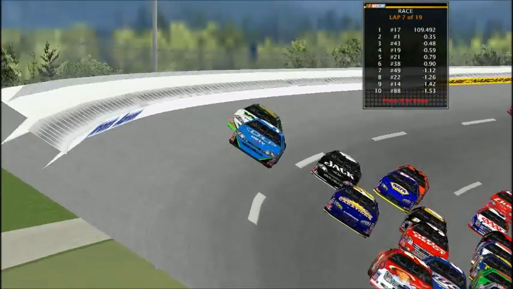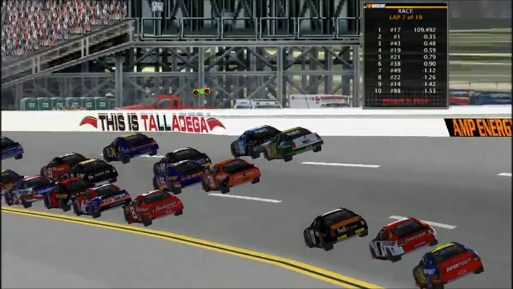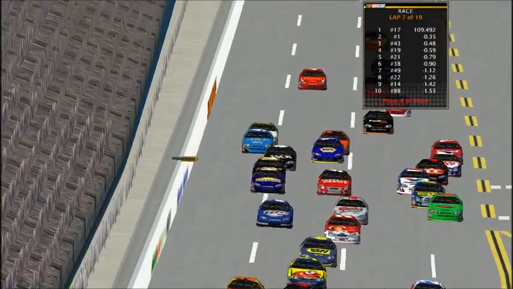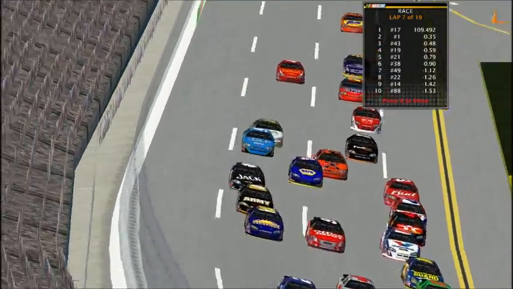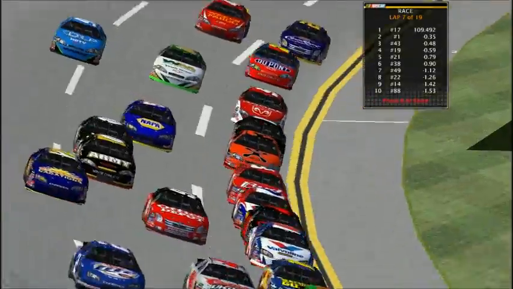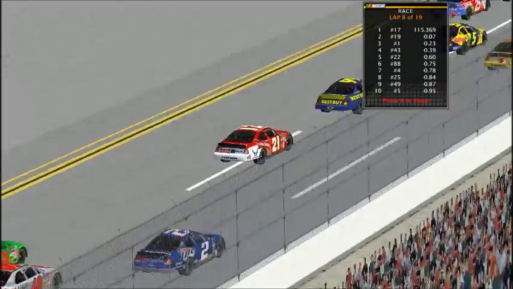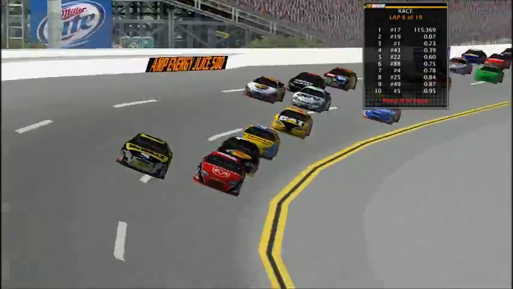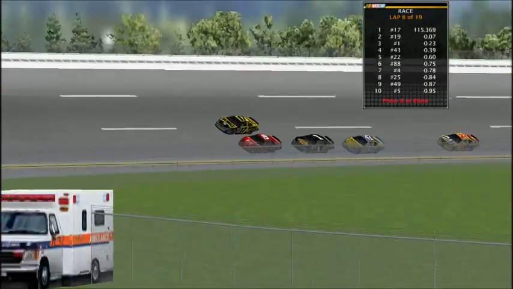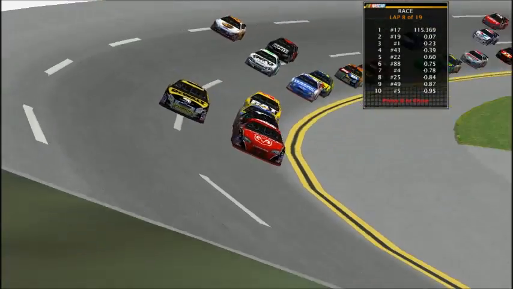Here comes the 07. Ooh, man, I thought he was going to go squeezing through the middle. It's right in front of Sterling Marlin, who was your pole sitter. Okay, Marlin's going to make the pass on him. No effect. Nothing really happened. Oh, here comes a challenge for the Indians. Bob Major, not a good season for him this season, I mean. And he's gonna try to